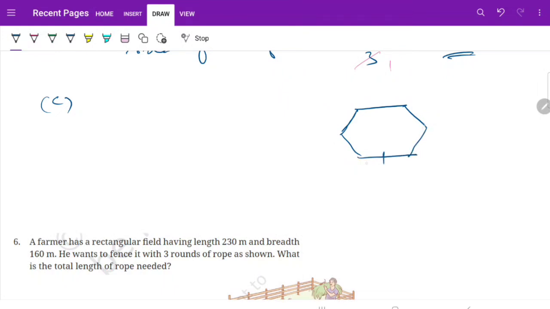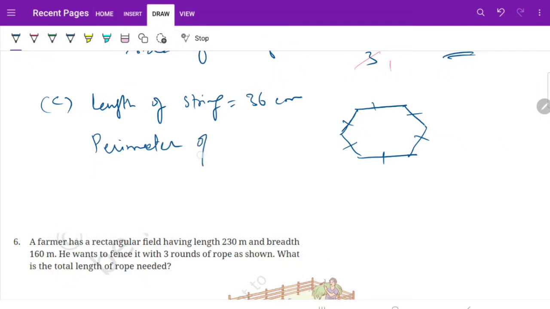Here all the sides are equal in length. So if you make a mark like this, it means all sides are equal in length. So we write here length of string 36 centimeter. Then we have the perimeter of the hexagon, because using this string only we prepared this hexagon. So all the sides together will be 36 centimeter. Perimeter of hexagon